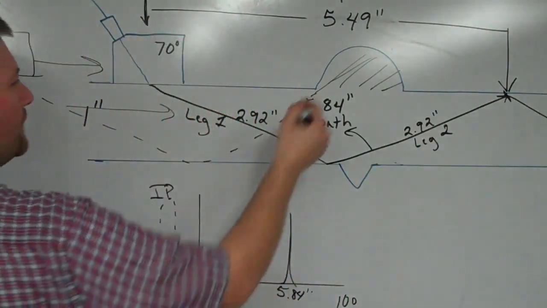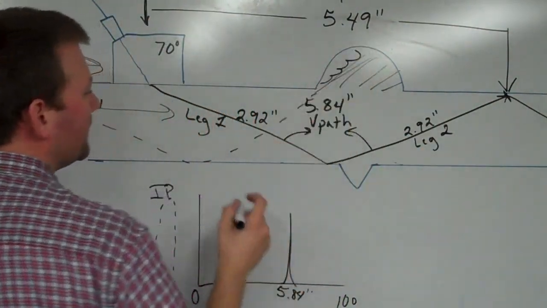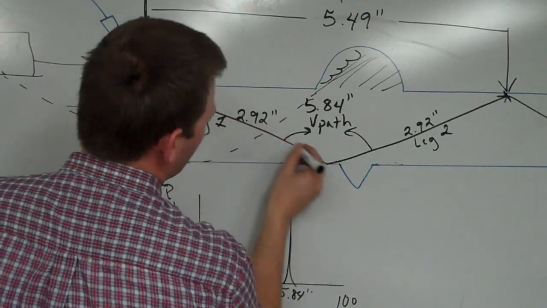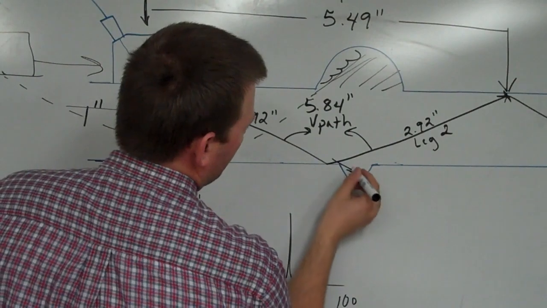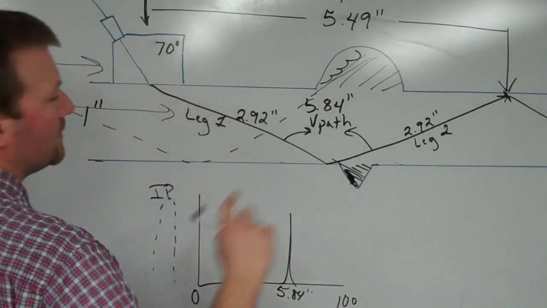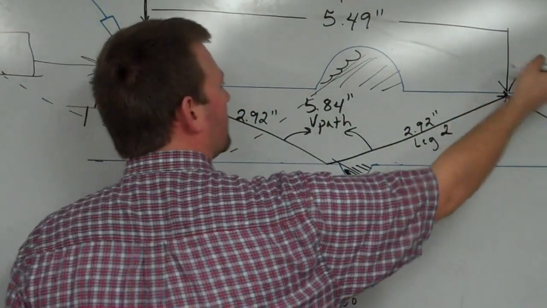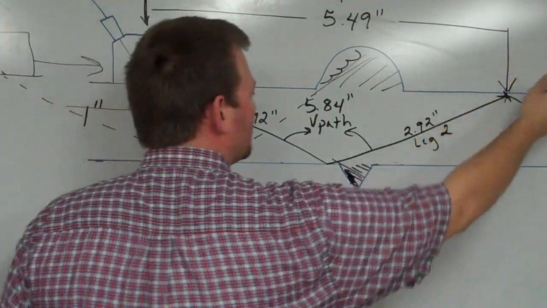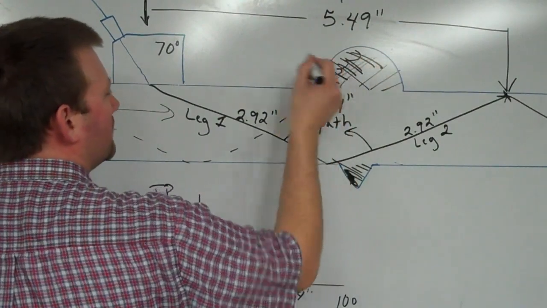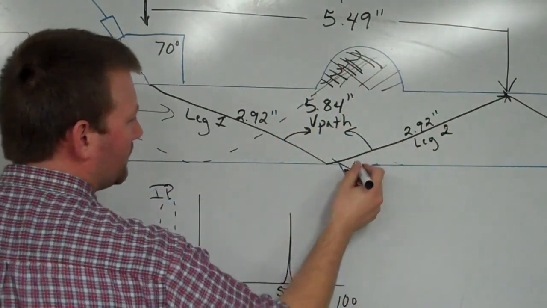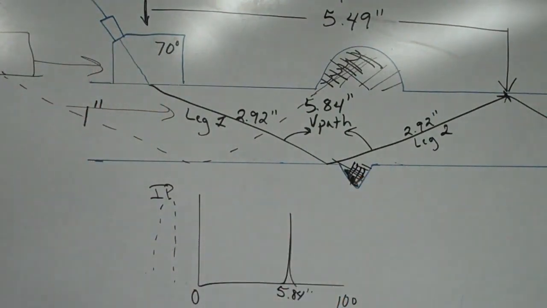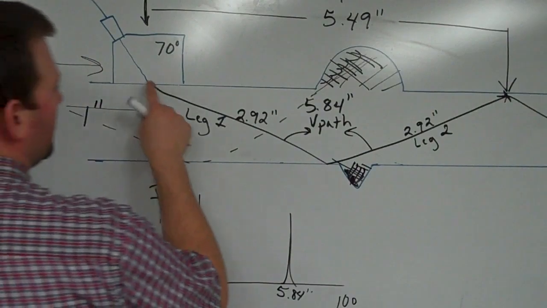We missed this area, and if we keep coming through, we're going to see this first leg come down here and inspect this volume, but we're going to miss some of this down here. So then we turn around and come back from this way to get the sound to bounce in, so we can pick up this area, and then we keep coming through so we can pick up that area. So we've got to inspect it from two sides, but really what we're concerned with is if we have a V